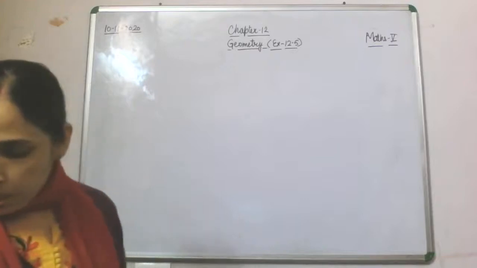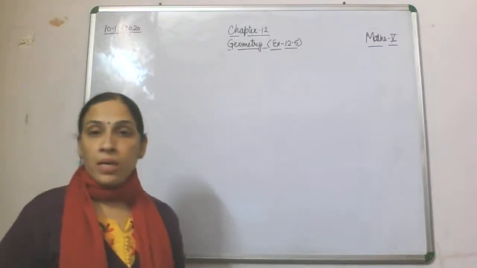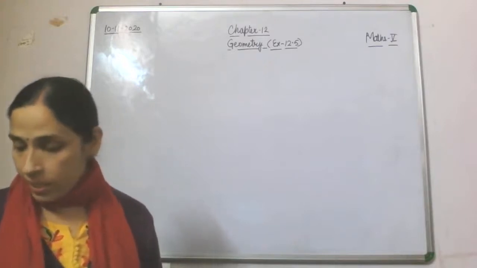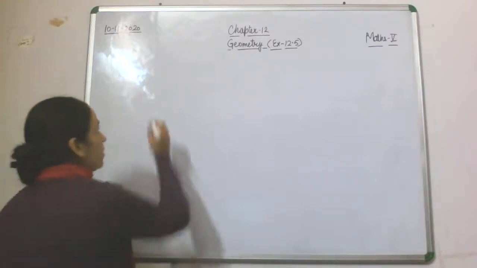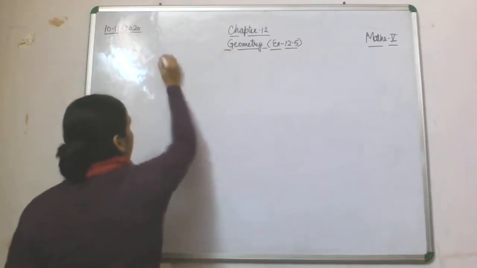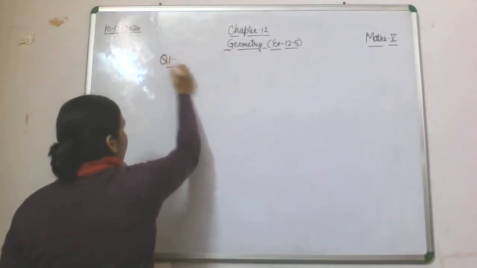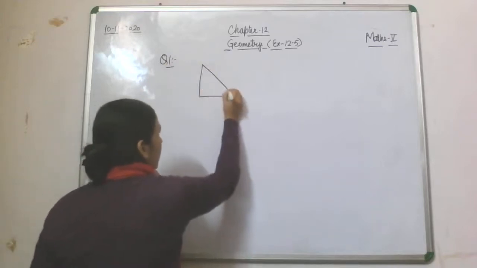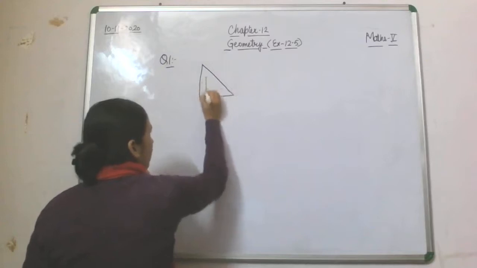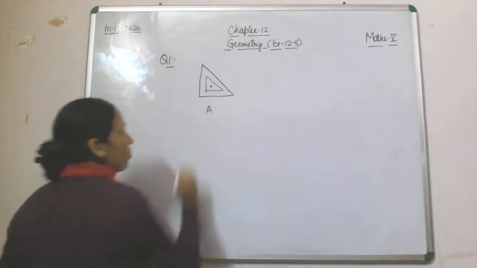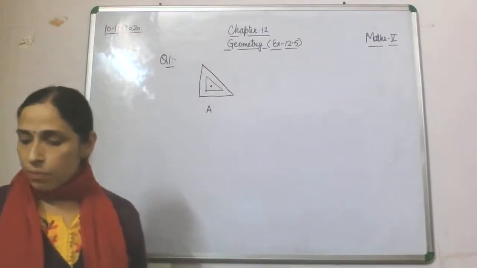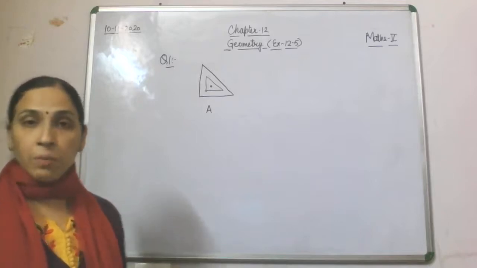Question 1, is figure B the translated position of figure A? Now what is given to you here? Question number 1 we were doing here. Now you have been given this figure, this triangle and one more triangle inside it and a dot. Now this is your position A. Now what has been asked is whether the translated position of figure A is figure B?